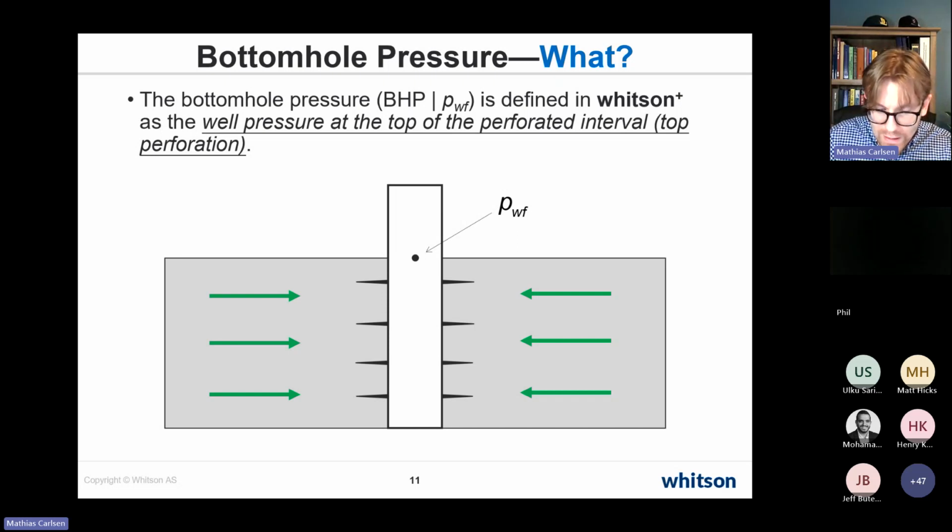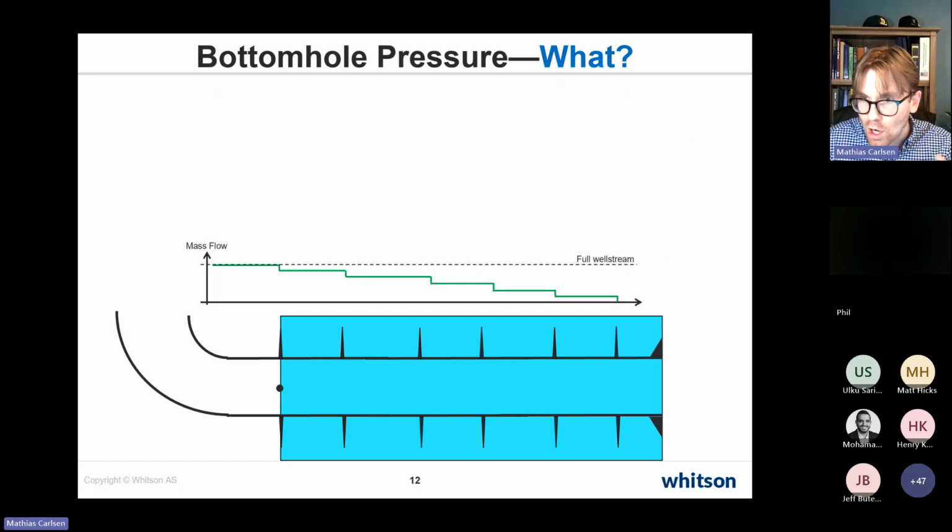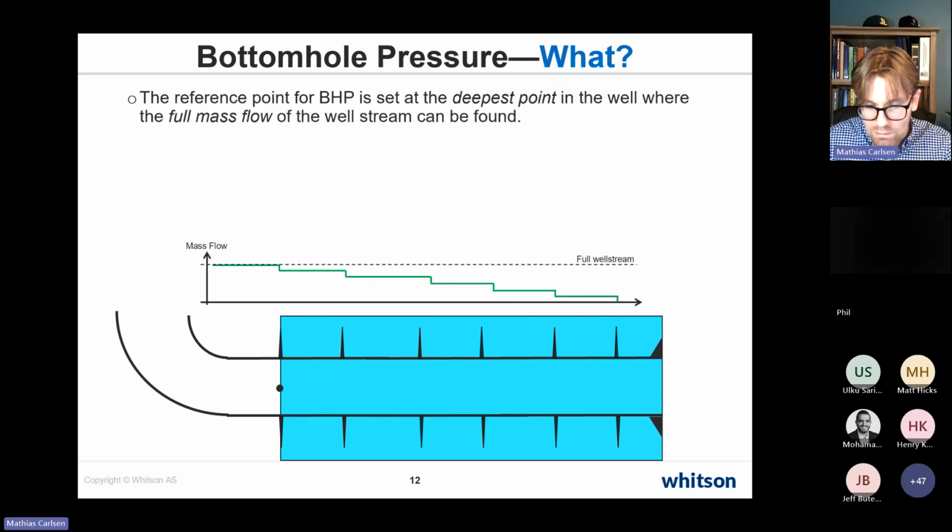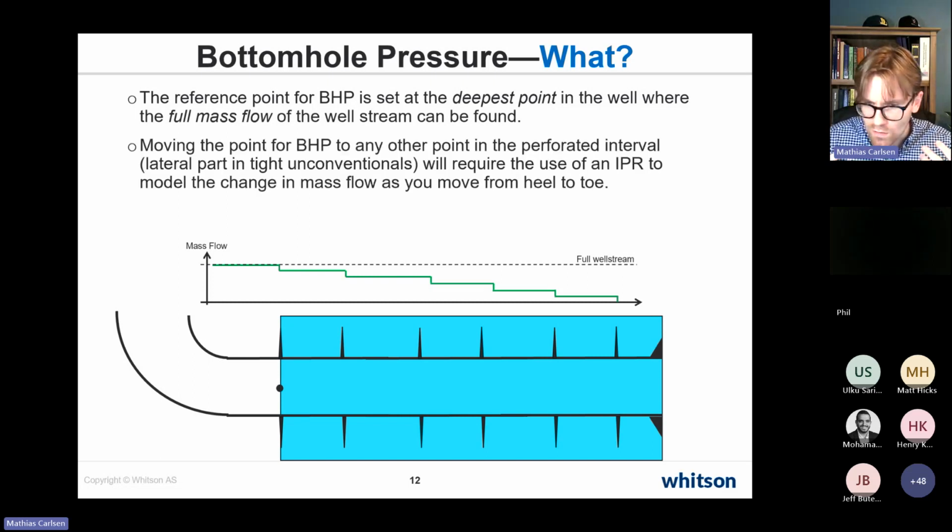And the reason for that is if you didn't do it, you would have to have a complicated nodal model that shows you what is the flow throughout the lateral portion, because the only place where you actually are honoring the material balance 100% would be at the top perforation. So that's why we do it, and also you can convince yourself that this is a very good